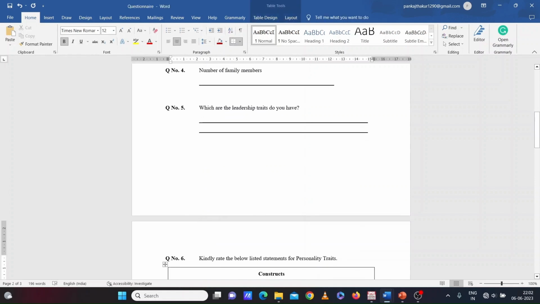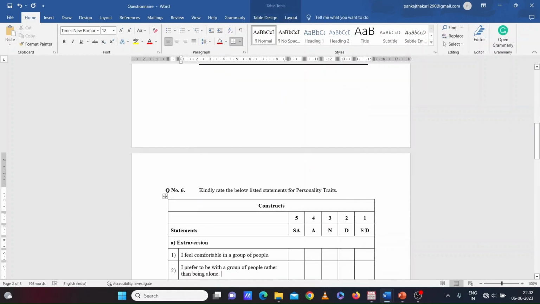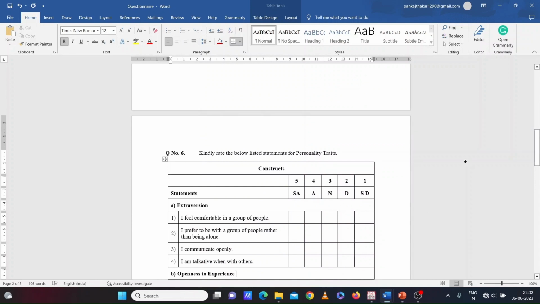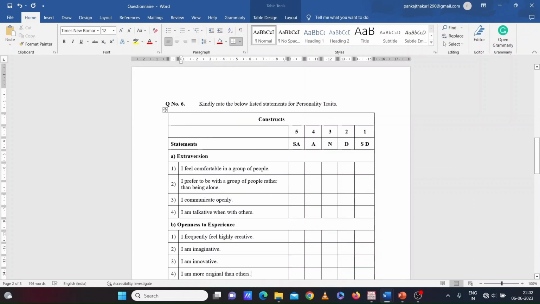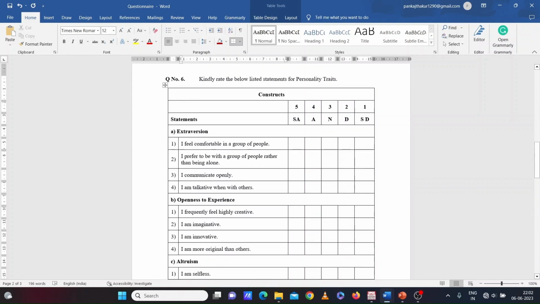In question number 6, we have taken different constructs for measuring personality traits, and these constructs are extraversion, openness to experience, and altruism, which are the personality traits. There are 4 statements for each construct for measuring the different personality traits.